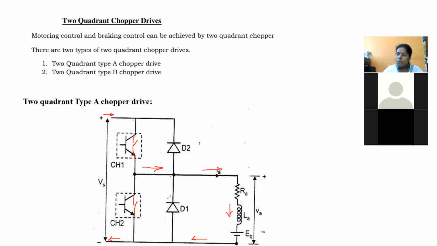Diode is in reverse open circuit condition. Exactly, because of the supply polarities, the diode comes into reverse bias condition. That's why the current does not choose the path of the diode. Right, so one thing is clear. When chopper 1 is on, the inductance is going to absorb the energy.